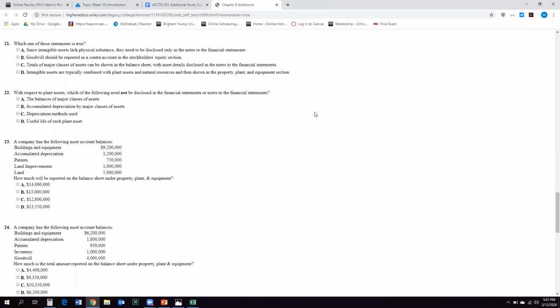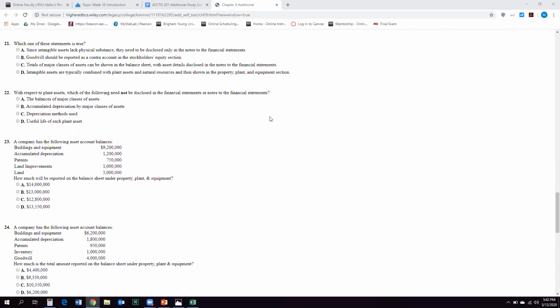Okay. So a company has the following asset account balances: buildings, accumulated depreciation, patents, land improvements, land. How much will be reported on the balance sheet under property, plant, and equipment? What we have to do is look at each of those and say which are property, plant, and equipment